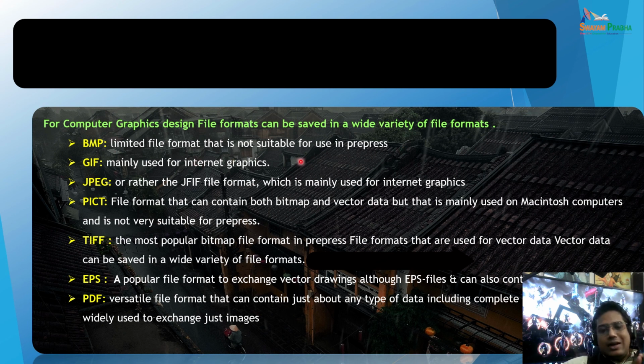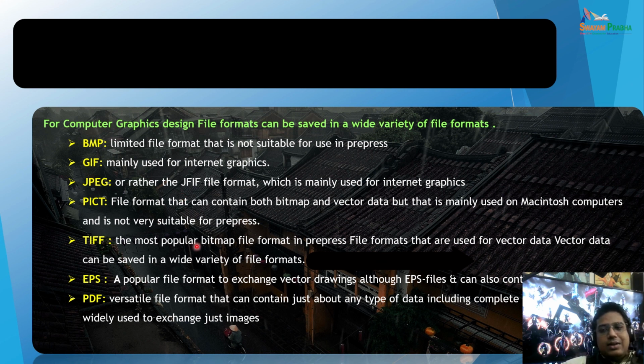GIF is mainly used for internet graphics. That means whenever you have to compress your file into a very small file size, you save your data that way. Also, if you need to save animation, you can go with the GIF file format. JPEG, whenever you are saving files, we are again specifically using the JPEG file format for internet graphics. Why? Because it preserves all the information very clear and crisp without losing quality. Now PICT, earlier most commonly used file format on Macintosh PCs only. We are not really using PICT file formats as a Windows user, right?